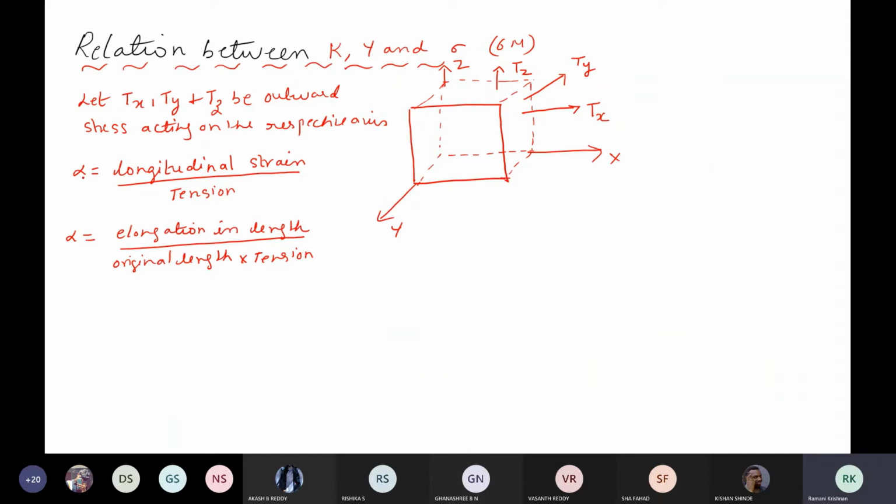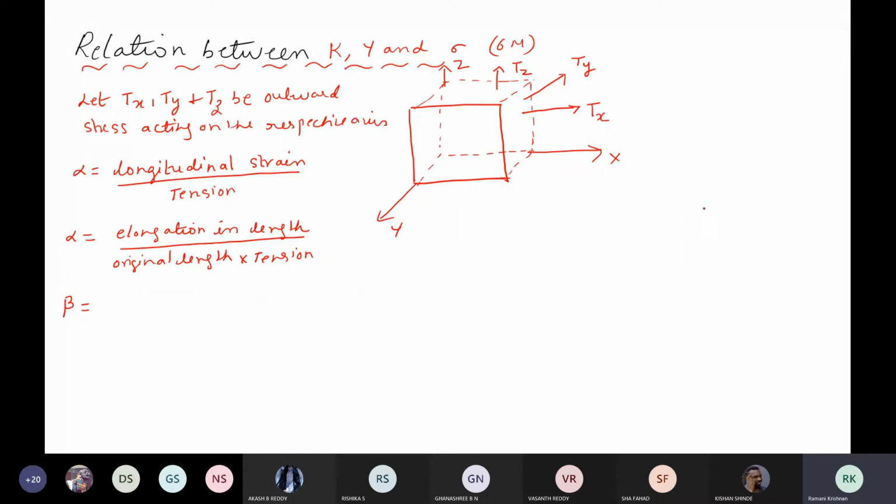It is defined as the ratio of longitudinal strain to tension. We know the definition of longitudinal strain, a change in dimension to original dimension. I have written this. Okay, this is going to cause the expansion or elongation, right? Now what will happen? We know that beta also, we know when there is elongation there is also compression.